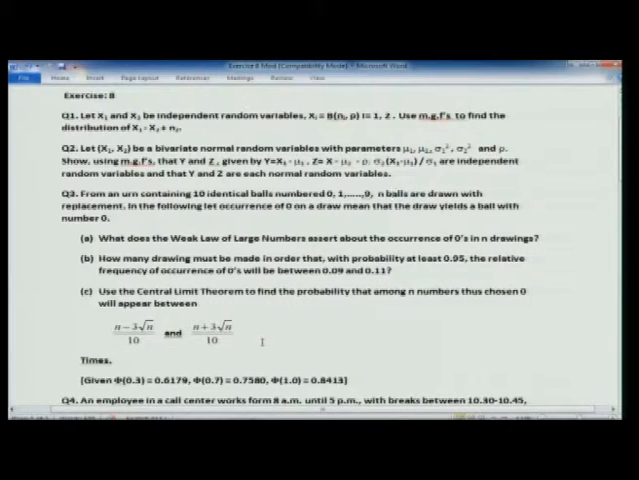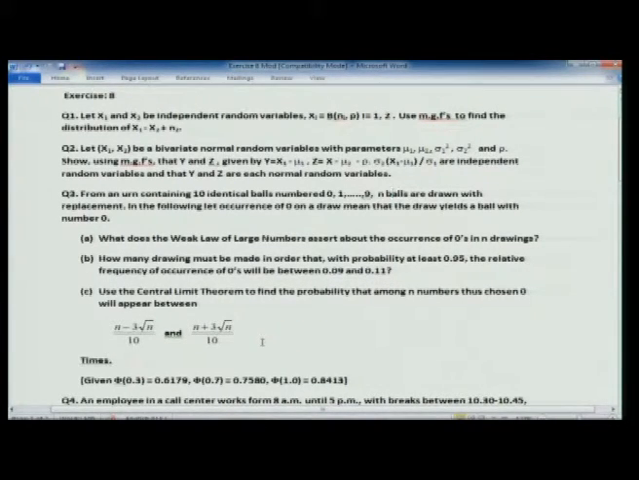Now, what does the weak law of large numbers assert about the occurrence of zeros in n drawings? So, the mean is 1 by 10, because they are identical balls. So, the probability of drawing any ball is equally likely, with any of the 10 numbers equally likely, and therefore, the weak law of large numbers will say that